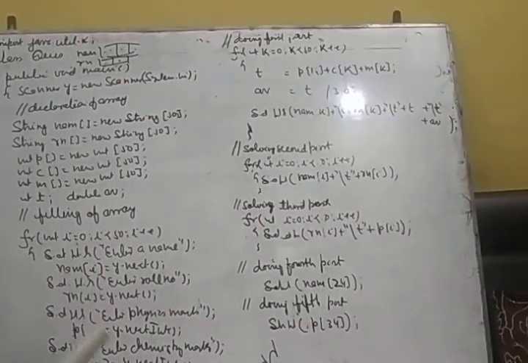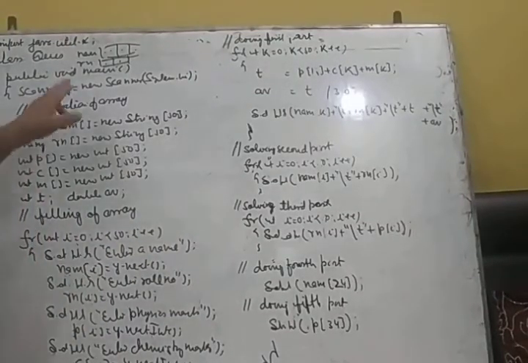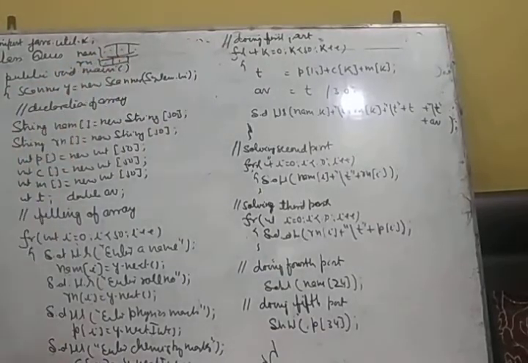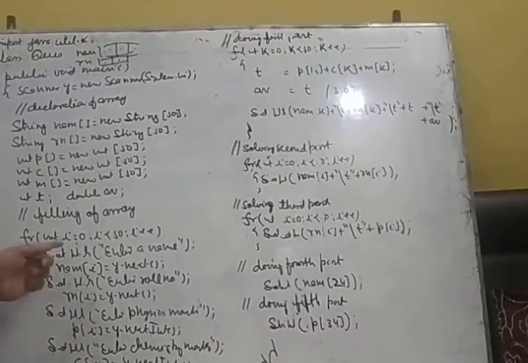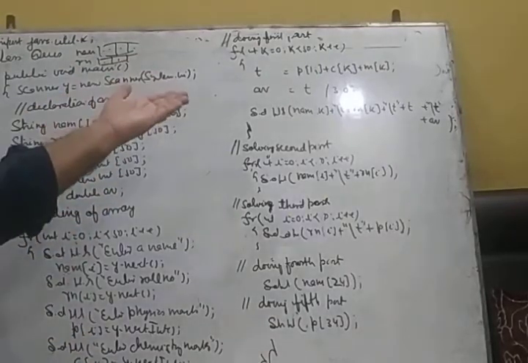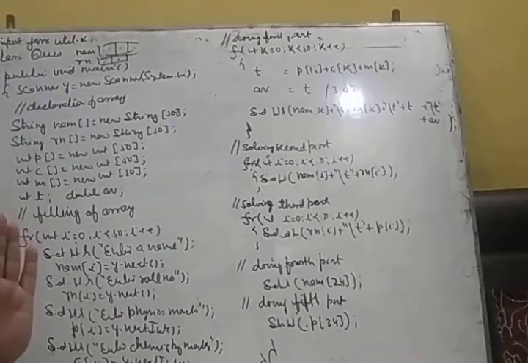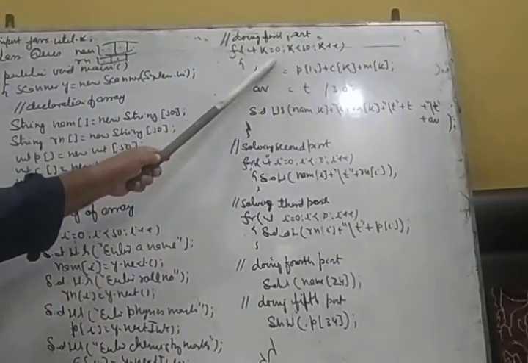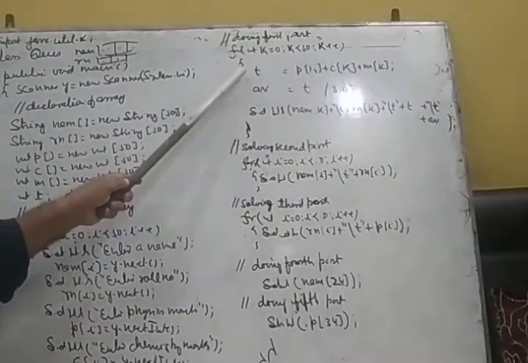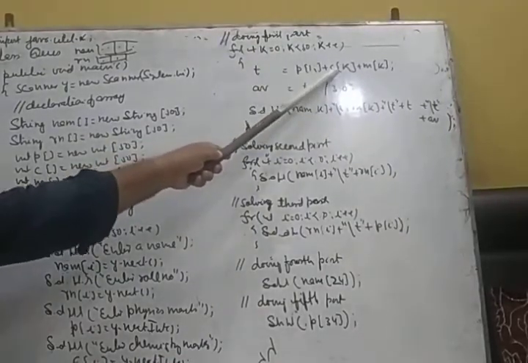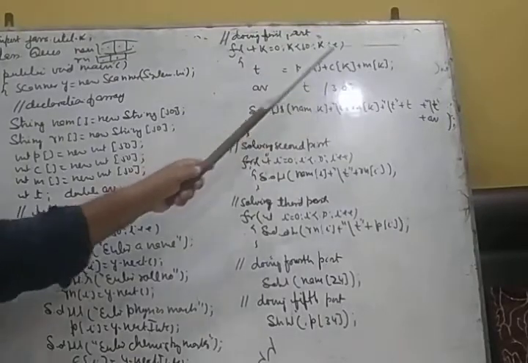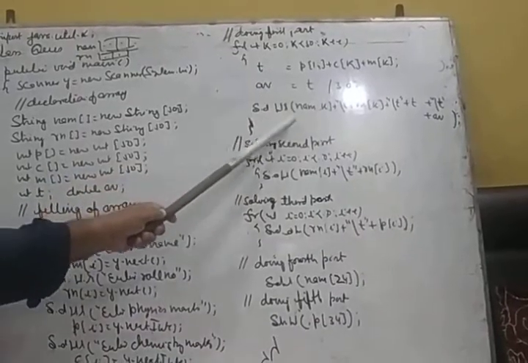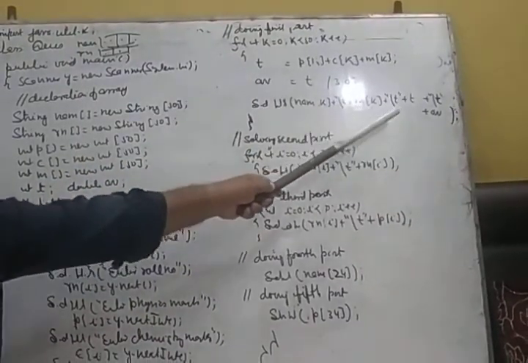We are concerned about 0, 1, 2, 3 because the first cell value is NAM0, the next cell value is NAM1. How you are getting this 0, 1, 2, 3, 4? Either by the counter I or by the counter k, it has got no relationship. The value should be 0, 1, 2, 3. Alright? So when you say k is equal to 0, P0, C0, M0, the first student's physics marks, first student chemistry marks, first student maths marks are being brought from the array. Total has been calculated, average has been calculated, NAM of k, Rn of k, total and average.